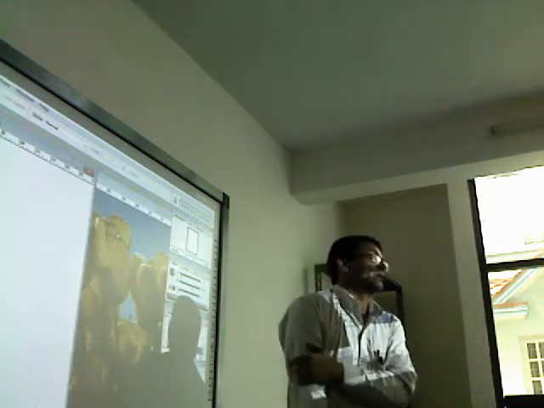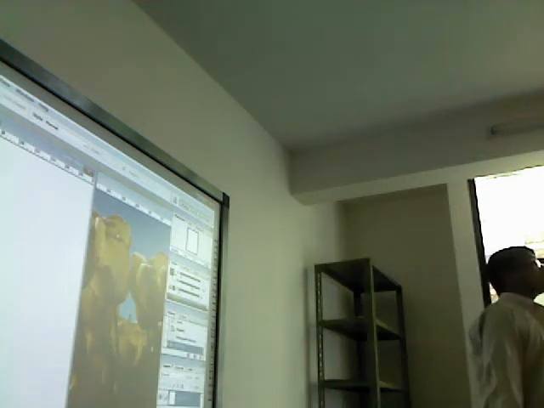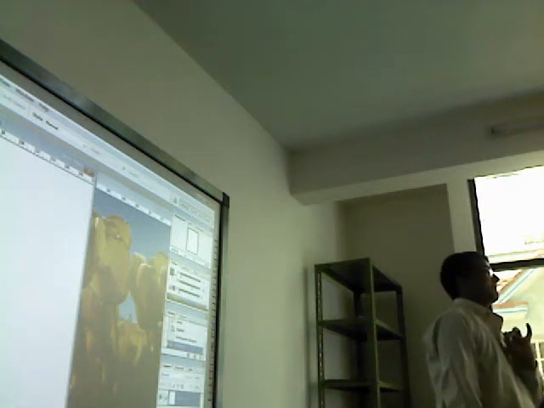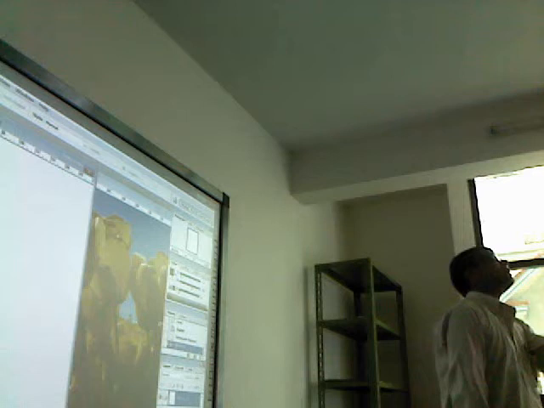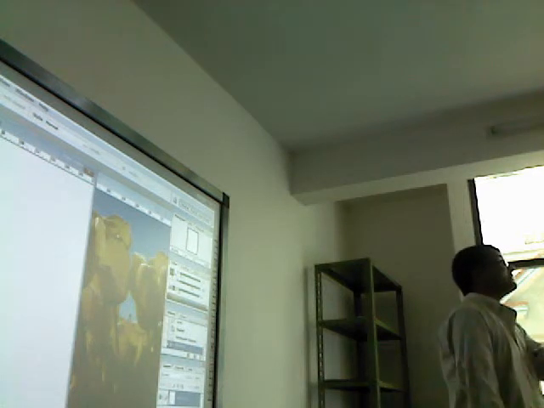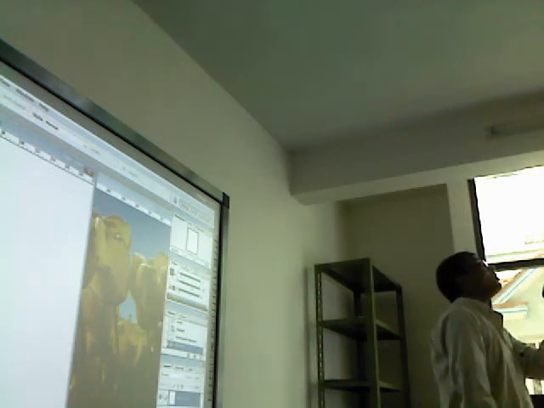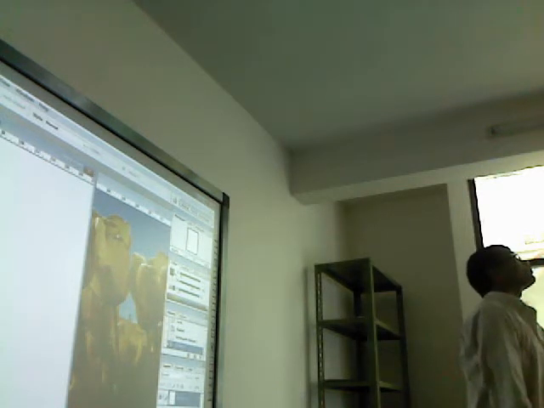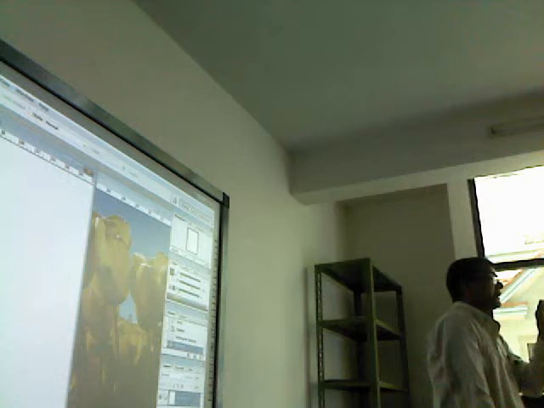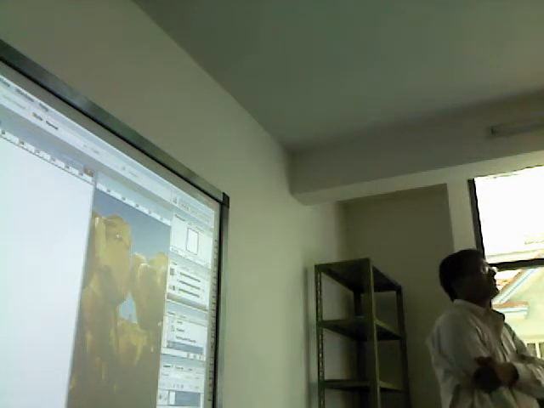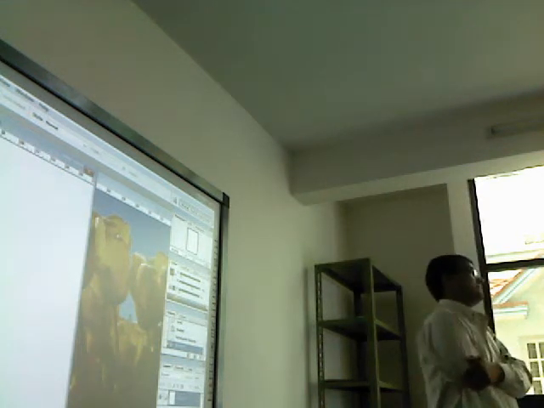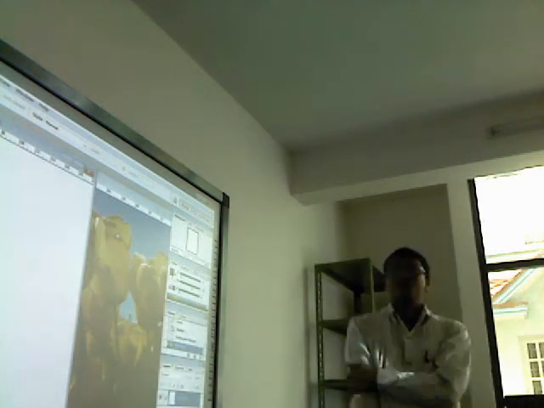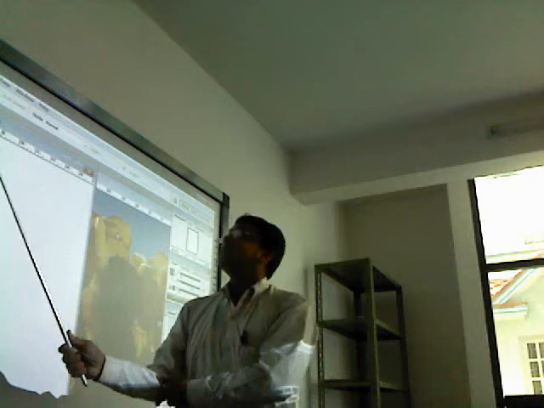You have already known that. Then the single row marquee tool is used to select a row. If you need to select a row from a picture, you can choose the single row tool. It selects row wise, or you can also select column wise.